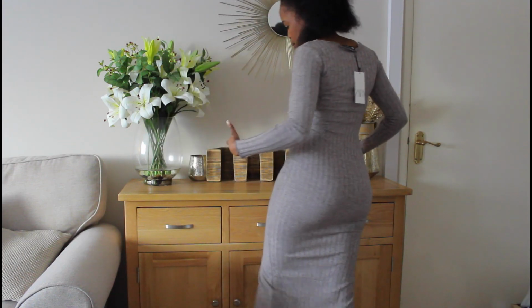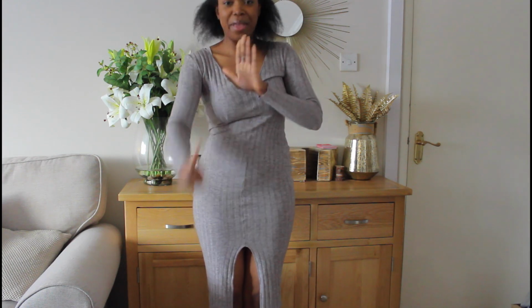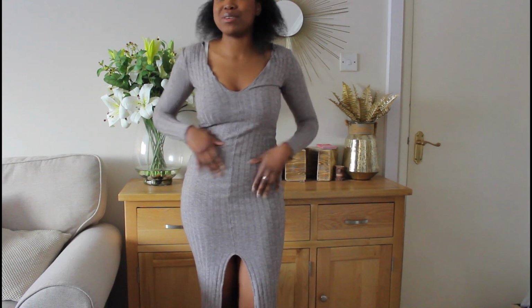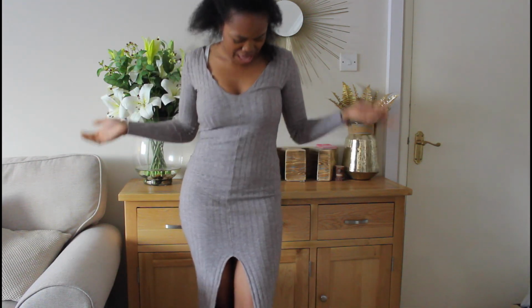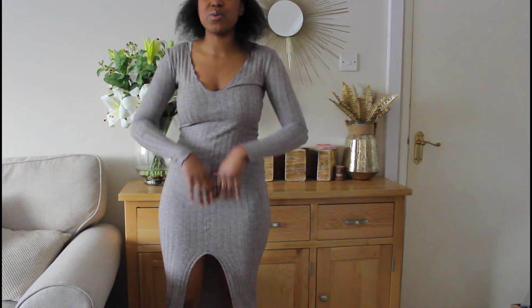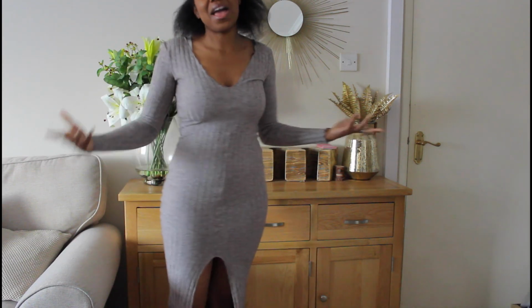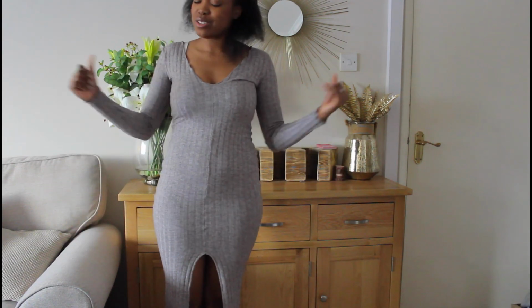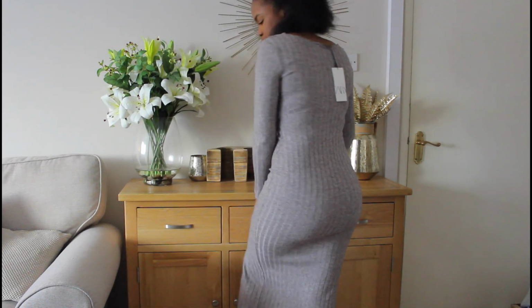It doesn't really work on our body types because this slit just looks like a big arrow to my private area, which is just not really nice. And it's £23. I don't feel comfortable, and you have to feel comfortable in what you're wearing. You want to feel confident, you want to feel amazing, you want to feel like $100 million. So this does not make me feel that way, so it's a no. But I do love the colour of it, but fit and feel,